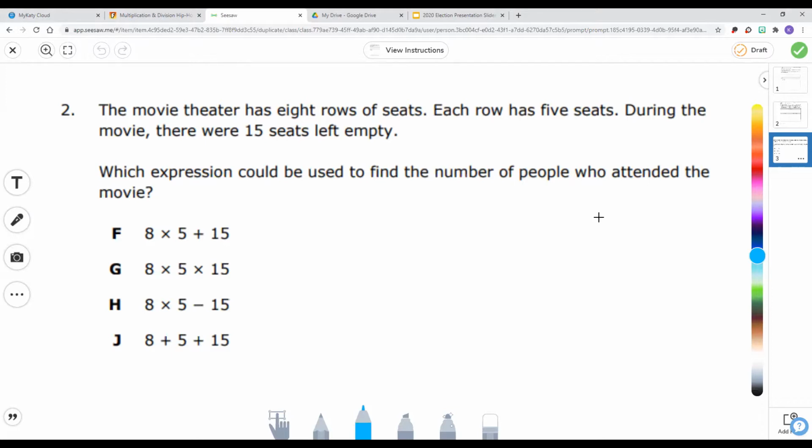Because there's one of them that just has 2 addition signs. Roy, which one of those is wrong? Wow. F and J. We know J is wrong, right? Because it says 8 plus 5 plus 15. Well, we know that's not right because we're going to have to multiply at some point, because that's what we're learning about. So I'll go ahead and give you that J is not the correct answer. All right,